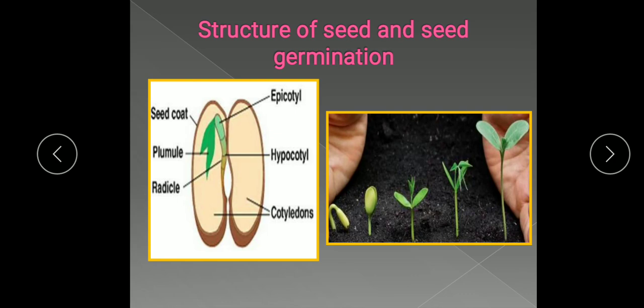In this manner reproduction takes place in the flowering plant: the fertilization process, formation of the seed, and formation of the fruit. Now have a reading of the chapter through your book also, and solve all the check your progress questions and exercises, and ask your doubts, and do your work regularly so you can ask the question at the proper time.